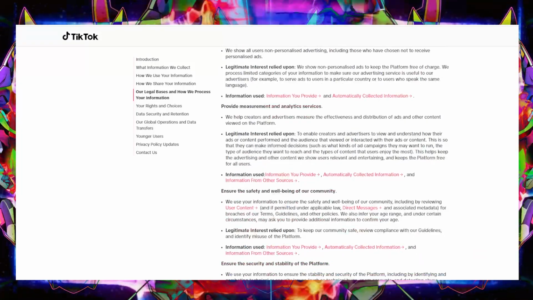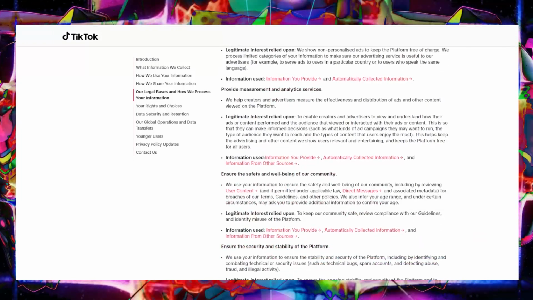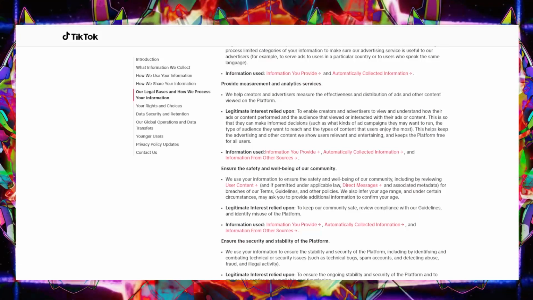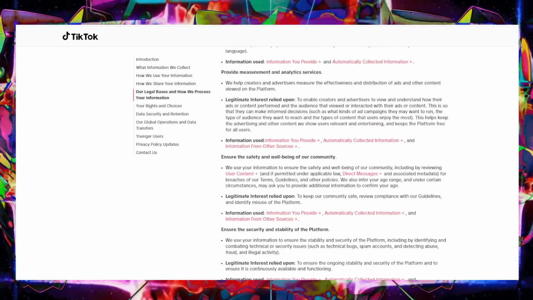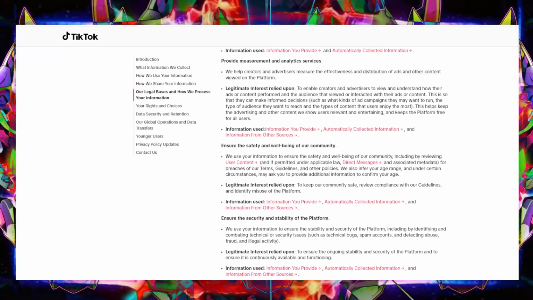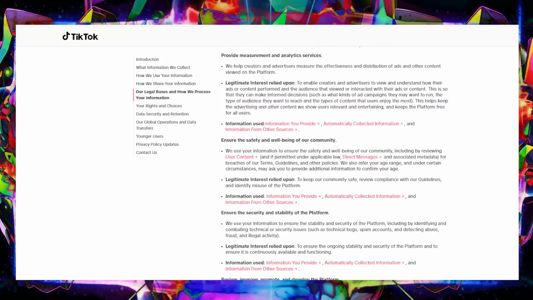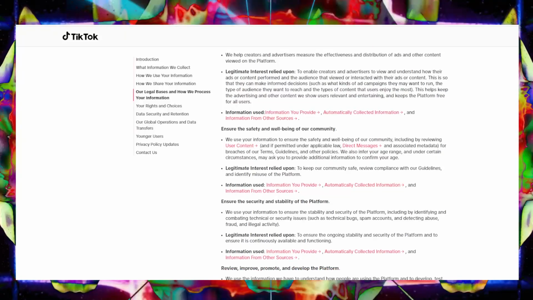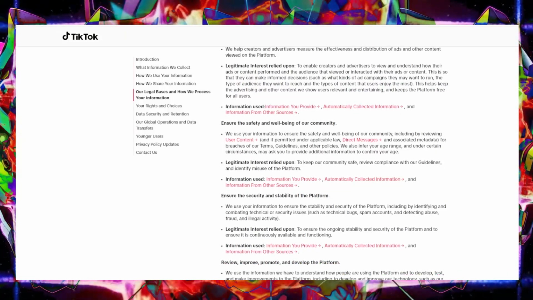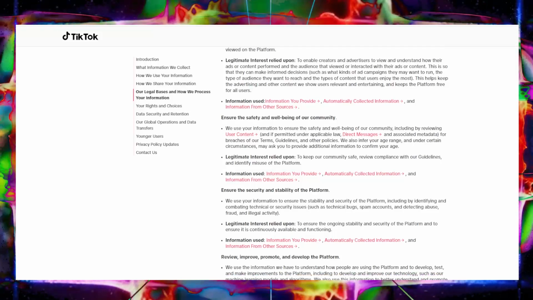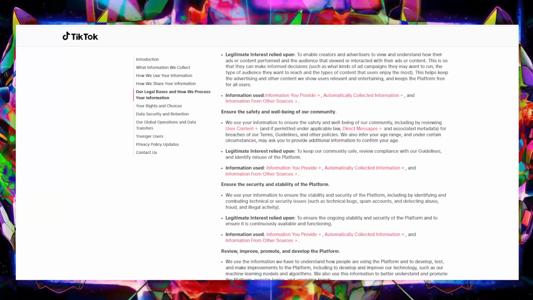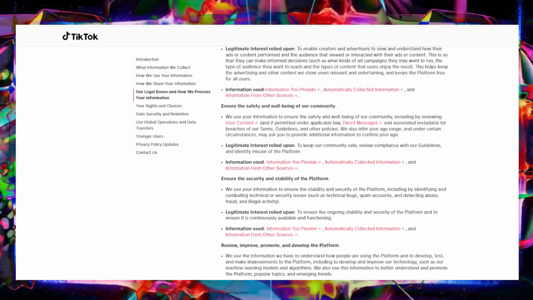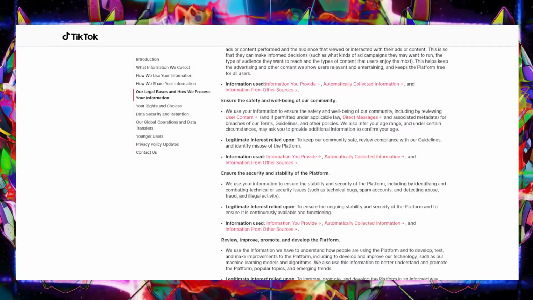You got it, this constant feedback loop. And while it's supposed to improve user experience, it does make you wonder, how much data is too much? How much control are we really giving up just for some entertainment? It's a lot to think about, that's for sure. Yeah. So they're using our data for personalization, safety and security, research and development. But what about us? Do we have any say in all of this?